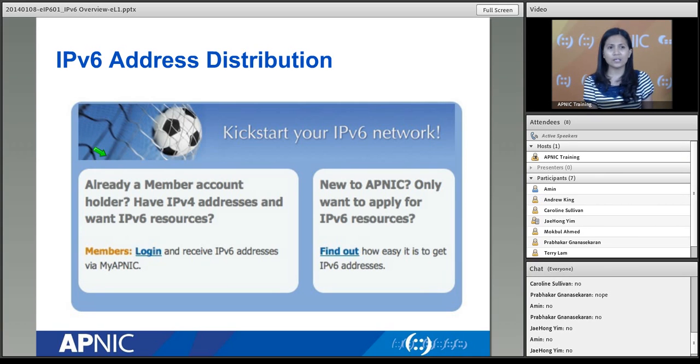Essentially, all you need to do is claim your IPv6 address by logging in to MyAPNIC, and there's a link somewhere on the main landing page that tells you to claim those IPv6 addresses. What we call that is the one-click policy. By default, if you have an allocation of IPv4, you are entitled to get a /32 IPv6 block.